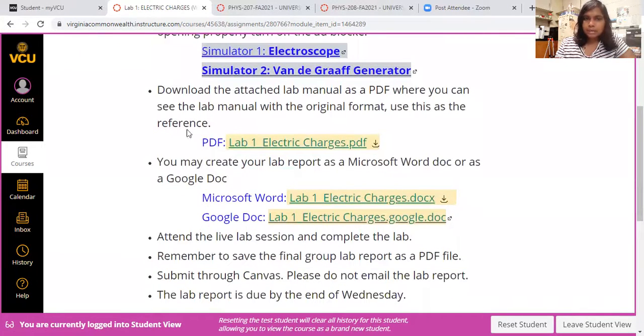Now here, I usually keep a PDF version of the lab manual because it keeps the formatting fixed, and also all the pictures will be available. So make sure you open the PDF version of the lab. It might list lead author or lead experimentalist and associate experimentalist. You're not working in a group, so you will be the lead author, the lead experimentalist, and the associate experimentalist. These manuals are created to work in groups, but in this virtual setting, you will be by yourself.